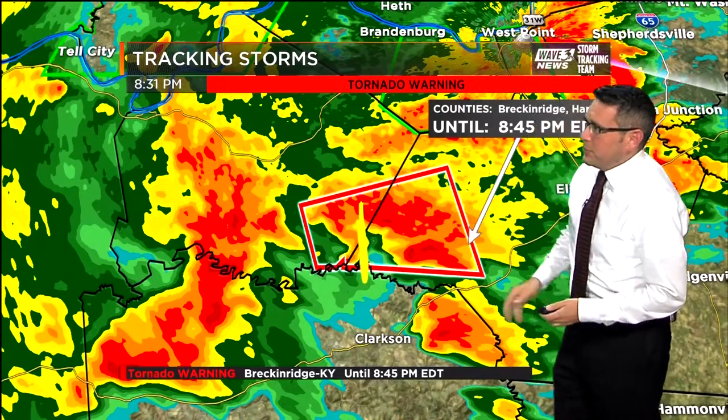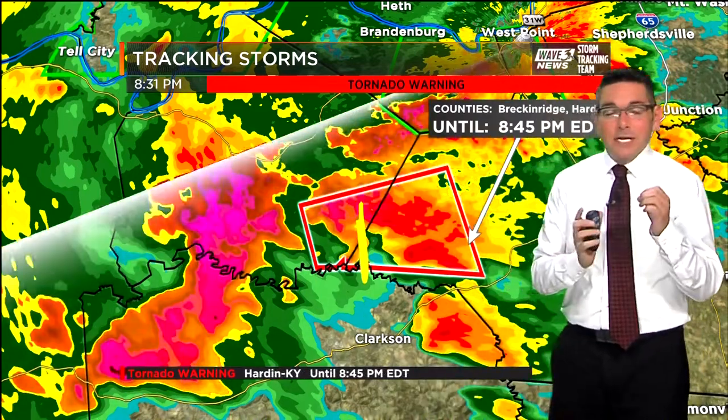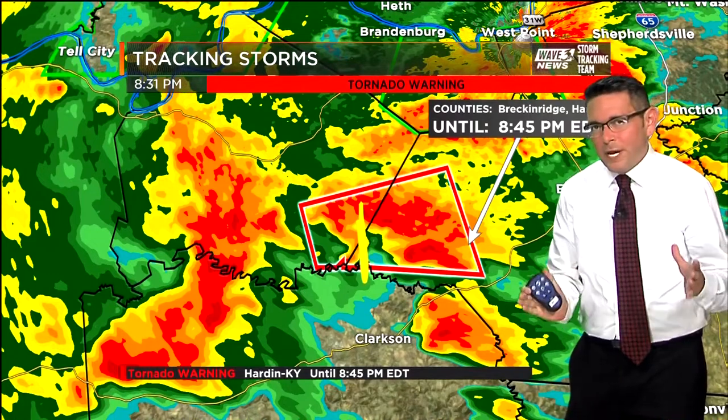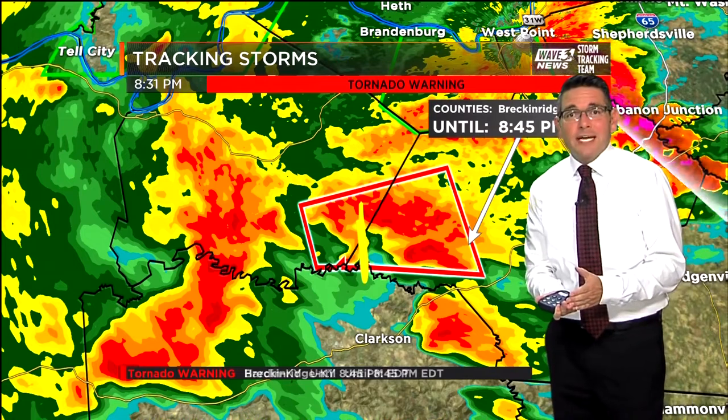So if you live in these communities here, areas mainly west and southwest of E-Town, you need to get into your safe spot at the moment. We're talking about the lowest level of your home. Get away from windows. If you don't have a basement, an interior room is the best place to get into,